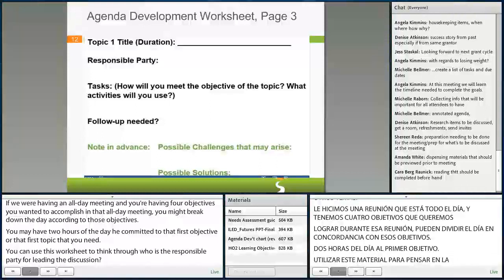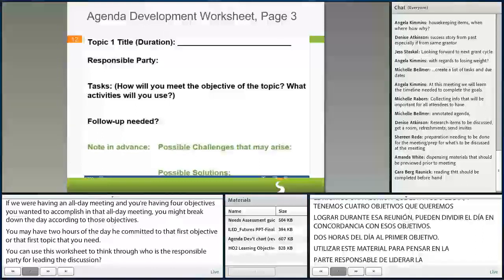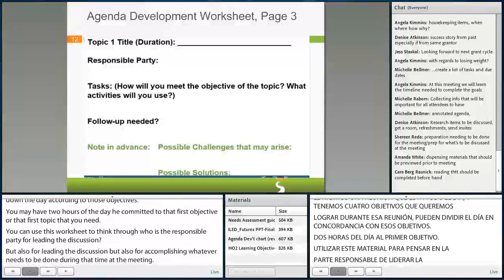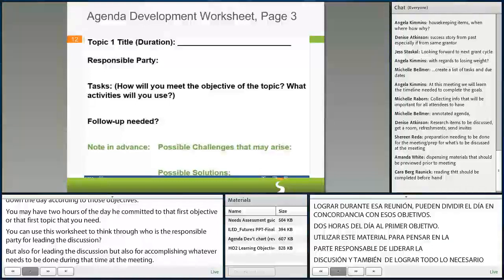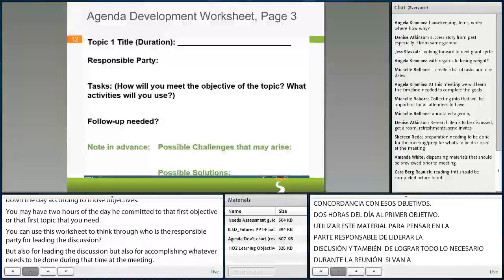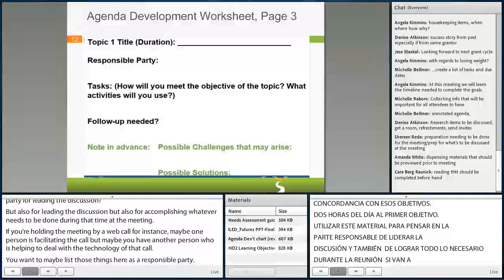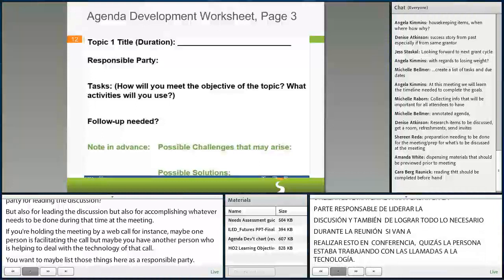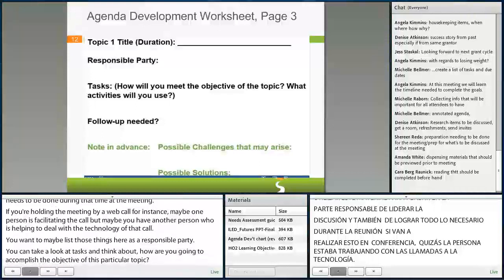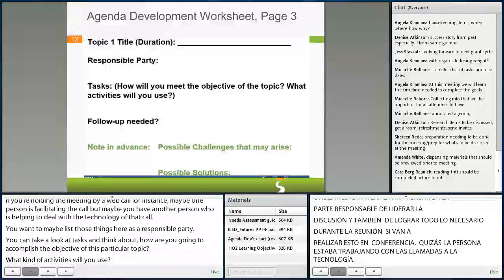So if you were holding the meeting by a web call, for instance, maybe one person is facilitating that call, but maybe you have another person who's helping to deal with the technology of that call. So you want to maybe list those things here as the responsible party. You can take a look at tasks and think about how you are going to accomplish the objective of this particular topic. Like, what kinds of activities will you use? So are you simply going to sit around a table and have a small group discussion, which works fine? Maybe you will all gather around with the terms of your grant and your calendars and your award